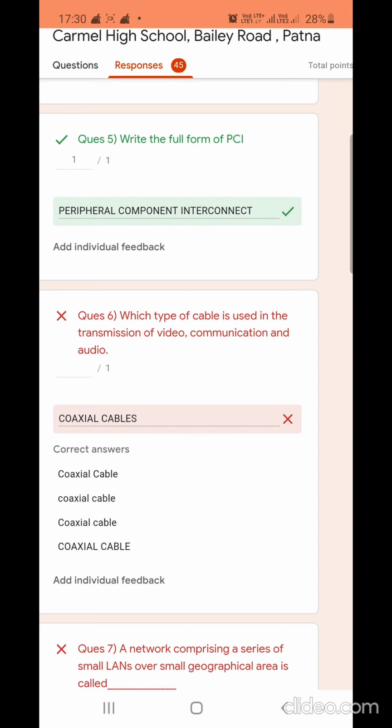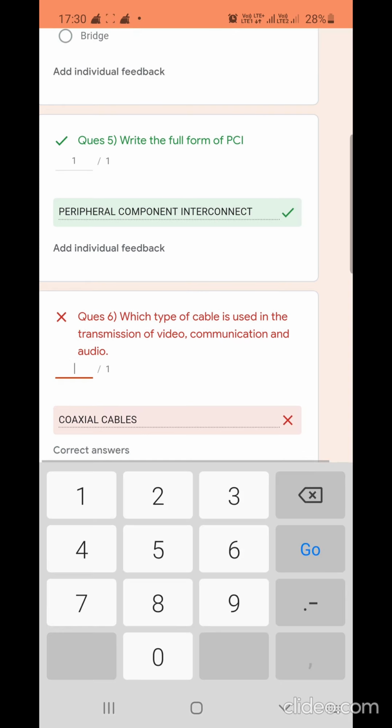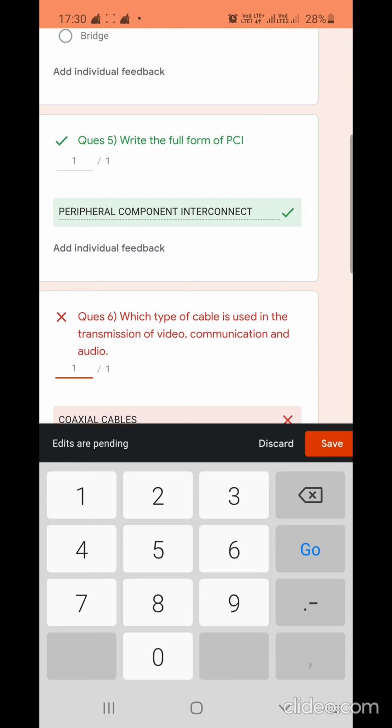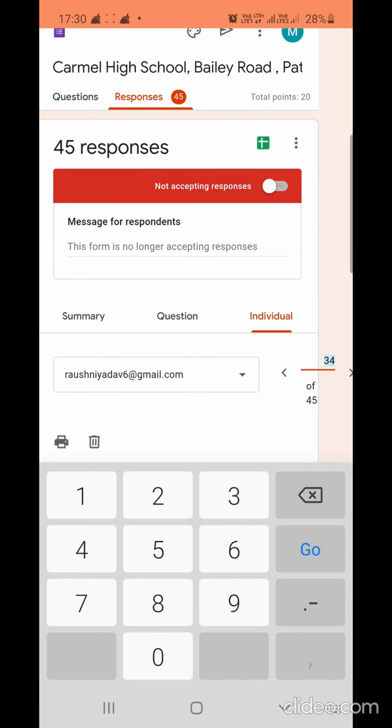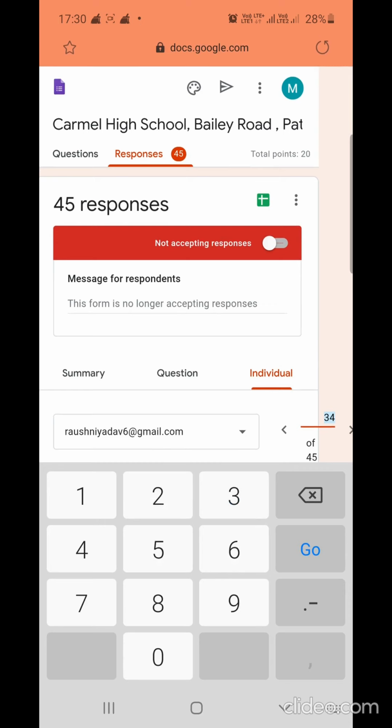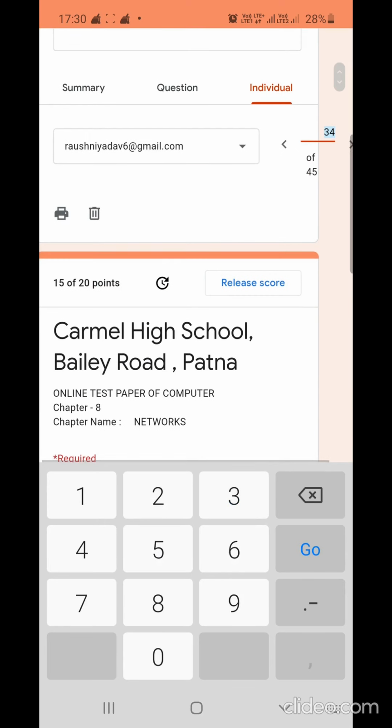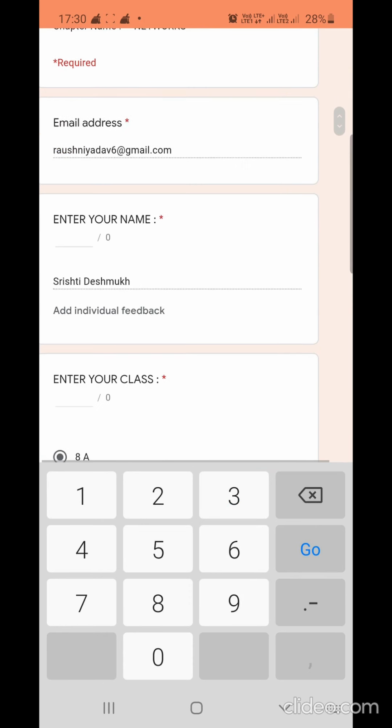Instead of cable, she has written cables. So logically, she has to get the marks. So we will put here 1 and 1 marks. We will click on save. So you will see the girl's marks are updated. Now she has got 15 out of 20 and earlier her marks were 14.